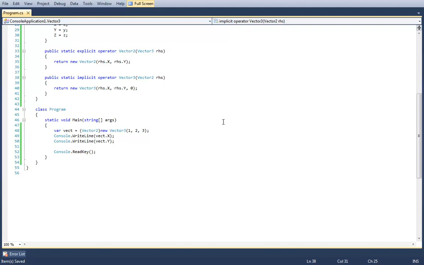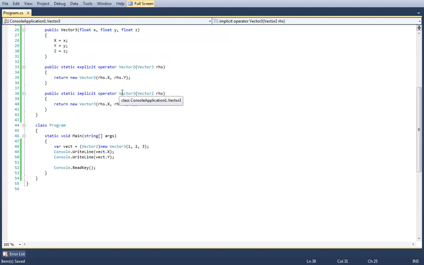Okay, so, which makes sense, because basically you want it to stop you and go, hey, hang on, you're losing data here. Yep. So you want that to be explicit, to force the user to explicitly do it. Otherwise, if it's fine, then you can do it behind the scenes, i.e. implicitly.